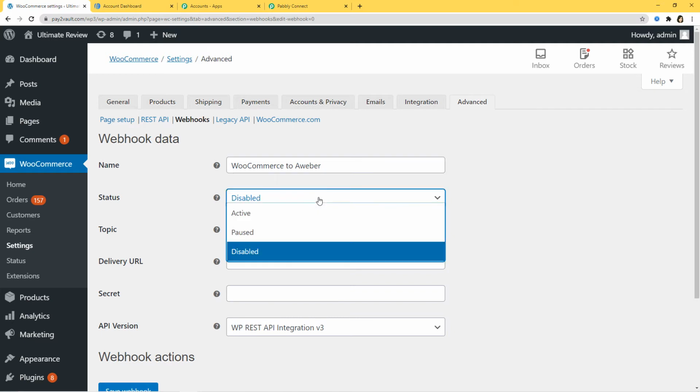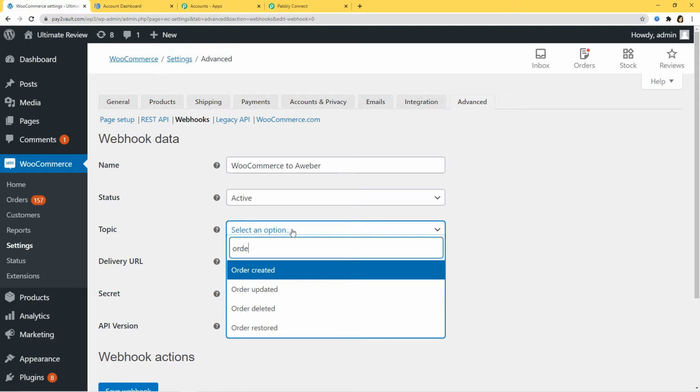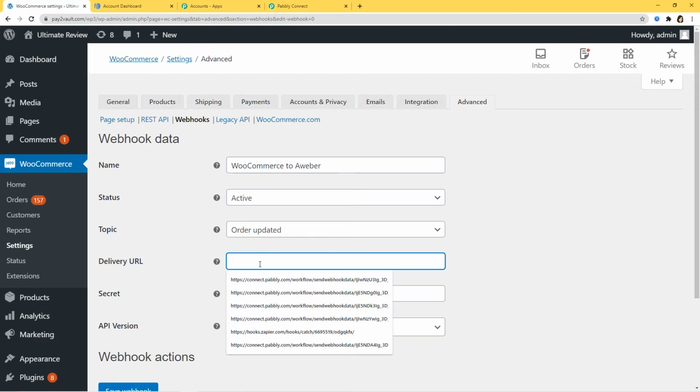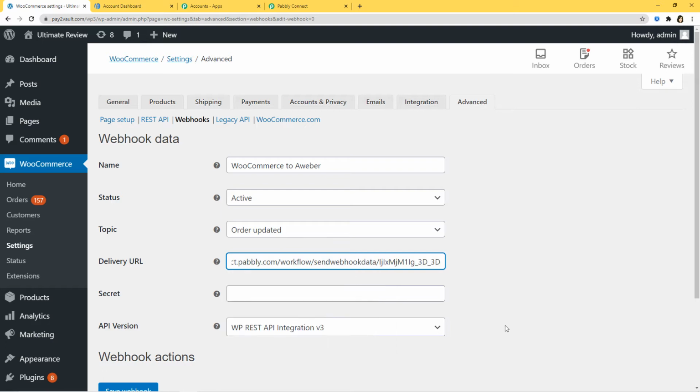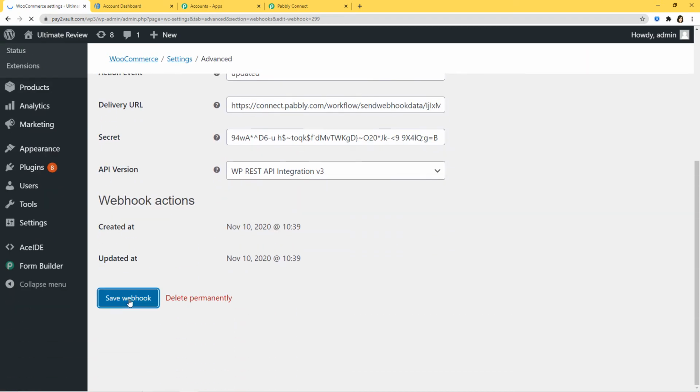Okay, so now status is going to be active. Topic is order updated. This one. Okay, and delivery URL, here you have to paste the webhook URL that we got from Pabbly Connect. So now I'm going to save the webhook. Okay, I'll just save it again.